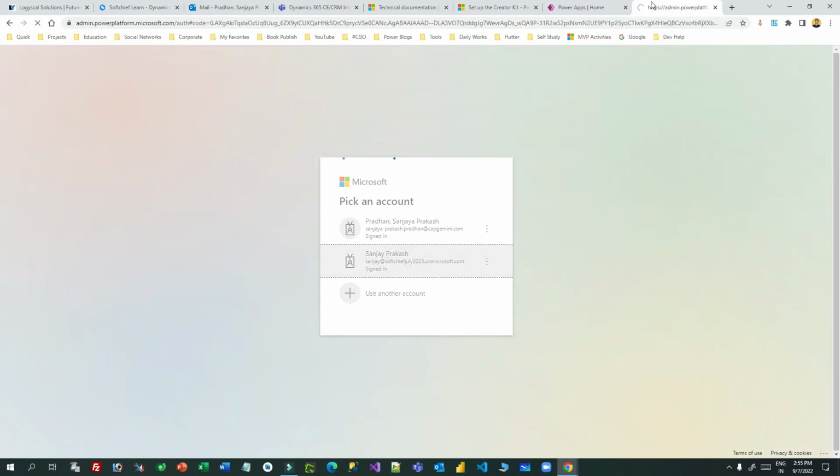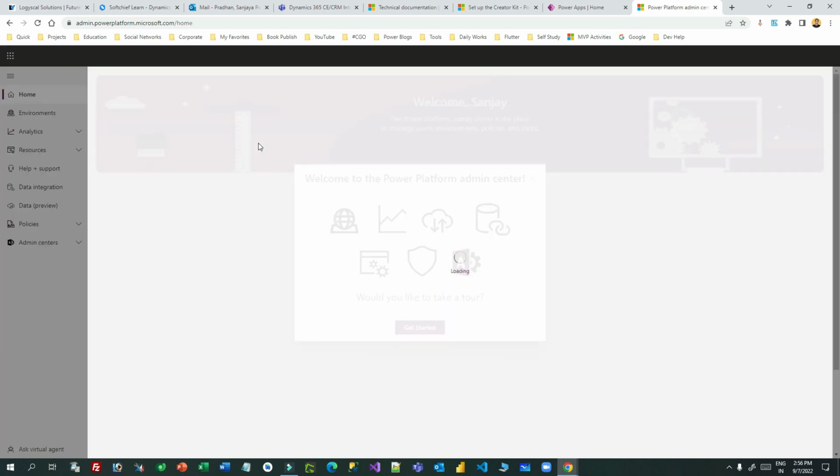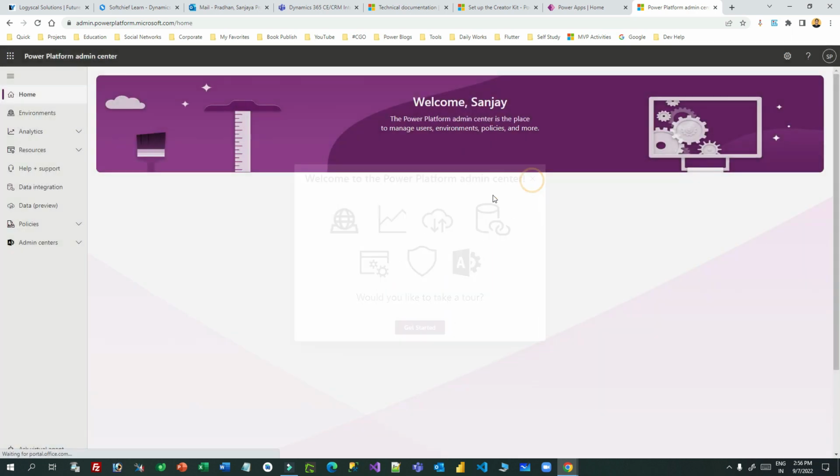So click on the credential that you want to use, and go to admin.powerplatform.com and the environments list. We'll go step by step. First, you have to complete the prerequisites. The prerequisite is to enable the code component feature for Canvas apps. Go to environments